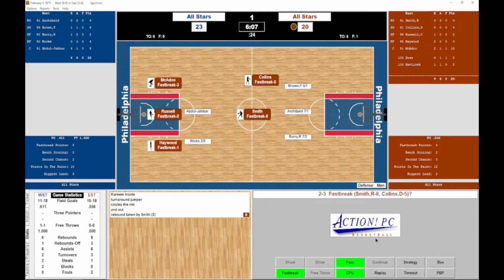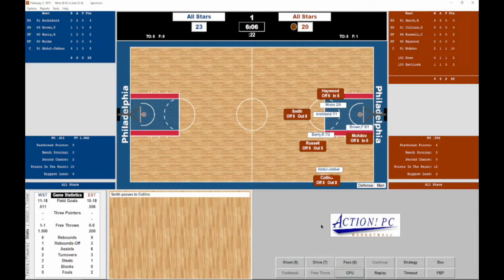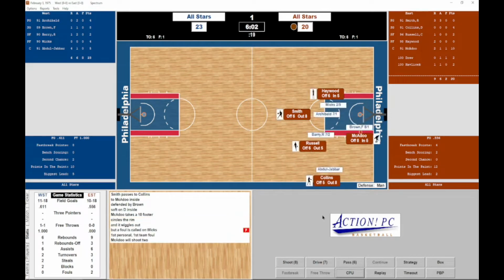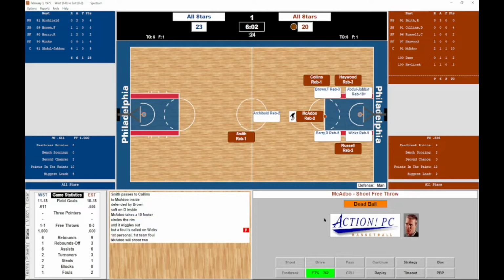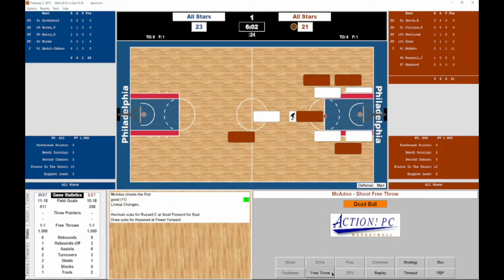A rebound by Randy Smith after that missed shot by Kareem. 2-on-3, we pull up, and I'm going to go to McAdoo. He's already got 10, the scoring leader right now in the NBA in 75-76. They almost triple team him there. A foul on Wicks, first personal on the team's third. And McAdoo will shoot 2. Only 2 fouls have been called in the first quarter, and that's a good thing, because I think the fans want to see these guys play. McAdoo hitting his first. 11 points for Mac,